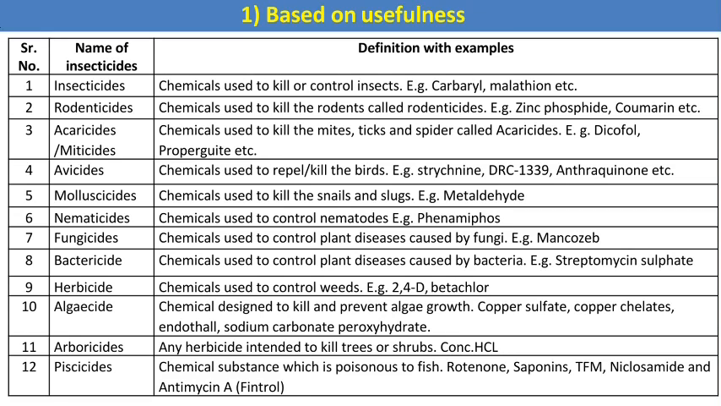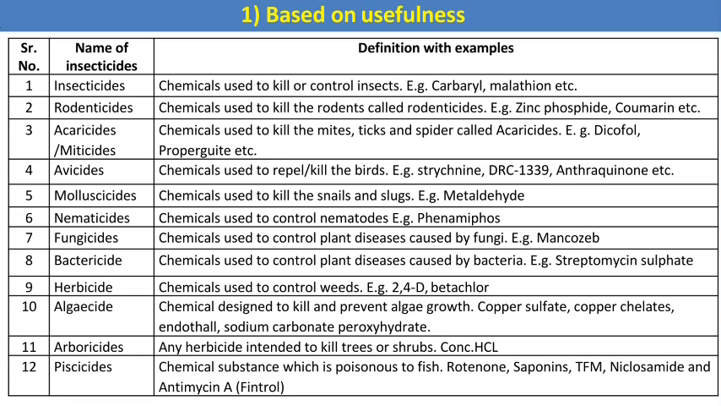In that, there are about 12 types, including insecticides, rodenticides, acaricides, avicides, molluscicides, nematicides, fungicides, bactericides, herbicides, algicides, arboricides, and piscicides. Basically, insecticides are mostly used to kill insects, rodenticides to kill rodents or rats, acaricides, also called miticides, against different mites and ticks, avicides specially used to repel or to kill birds,